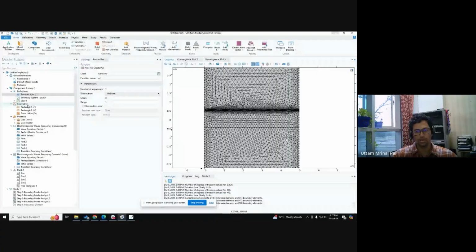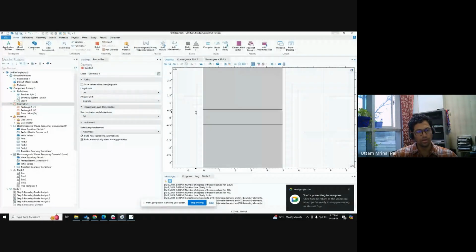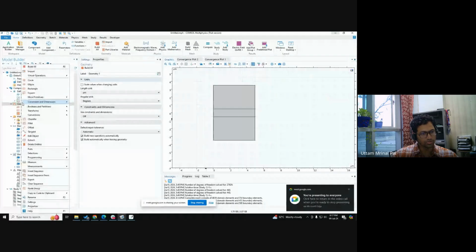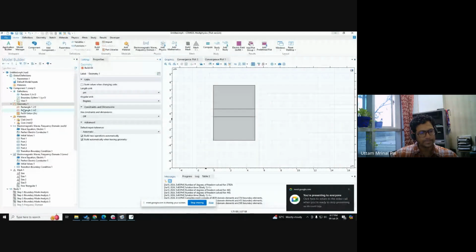I don't know. I mean, there's some workaround possible somehow, but we have to think a little bit longer. Some kind of workaround should be possible. Means there's some kind of mismatch of the material. You can make it a little bit up and then down, that kind of thing. So instead of the rectangle over here, what I can do, can I extrude? No, I cannot extrude. What I can do is that I will